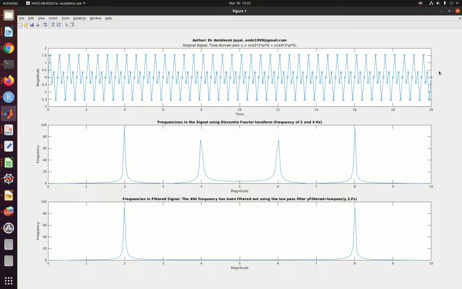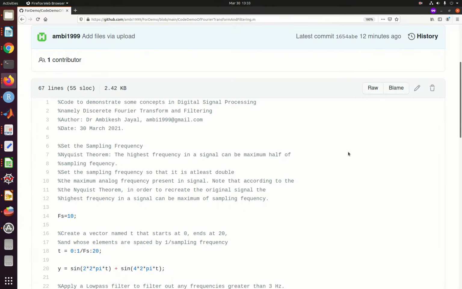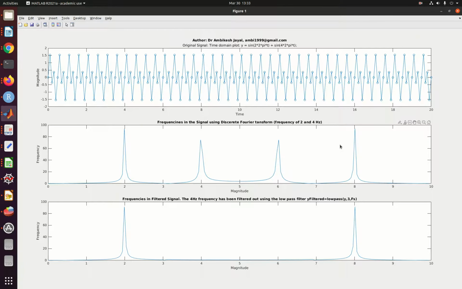I'm going to show you the code, which is this, and the output, which is this. And as you can see in the output, there are three plots. This is the first one, this is the second one, and this is the third one. The first plot is the plot of the original signal. The second plot is the plot of frequencies present in the signal calculated using discrete Fourier transform. And the third plot is the plot of frequencies in the signal after it has been filtered using a low